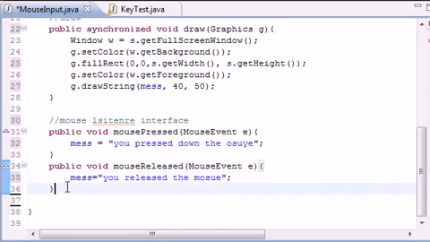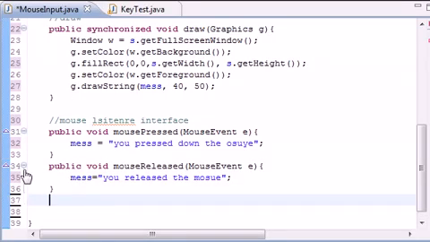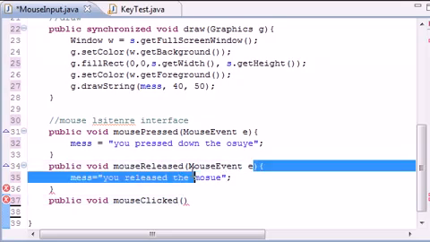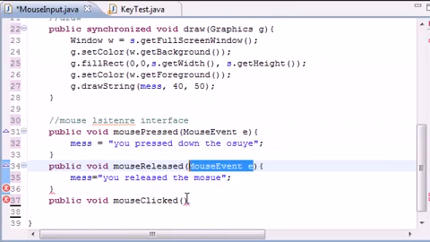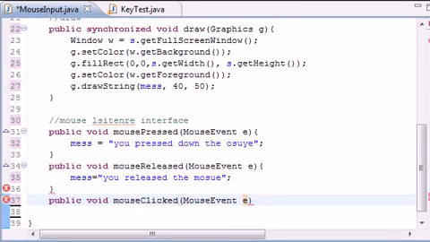Good enough. Now there are 3 other methods in here, and that's mouseClicked, which is pretty much when you click your mouse, and that's a combination of pressing and releasing, but we don't want to handle this because it'll mess up our other 2. So let's go ahead and we need to implement it. Public void mouseClicked, and of course let's just put our parameter in here, and for the code just run